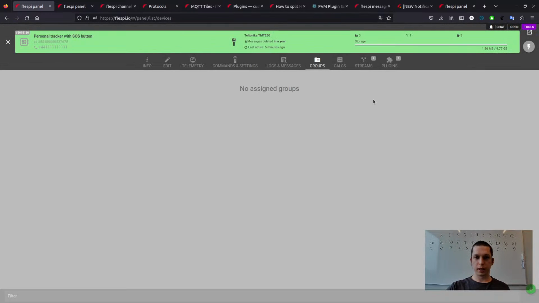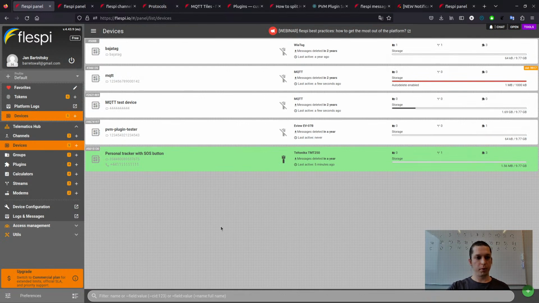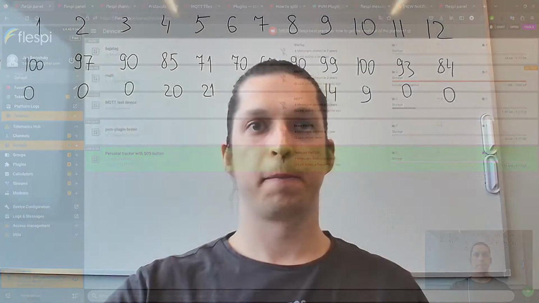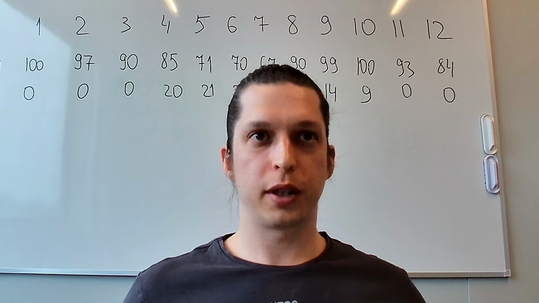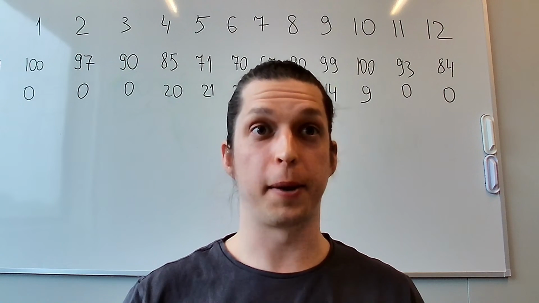Okay, so one more section in the devices is calculators. But calculators is a pretty complex topic. I've even heard that some parents scare their children with Flespi analytics, like if you study too hard at the university, you will get to work at Gurtam and you will need to understand how Flespi analytics works. But let me try to describe Flespi analytics in 5 minutes. I'm not sure if I will be able to do it, but at least I will try. And you will also know what the mysterious numbers behind my back are.